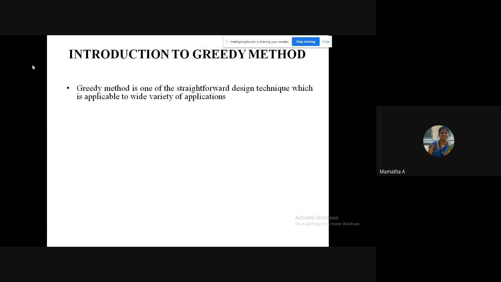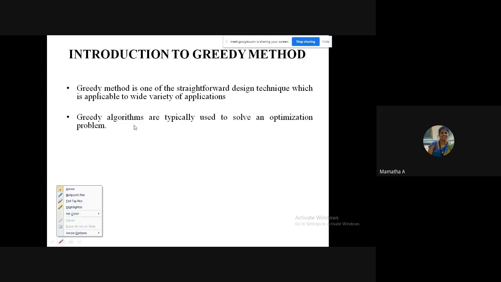This is a greedy method. Greediness: you want to achieve something with some greedy strategy. Are you understanding? There are some constraints available. So greedy strategies are used, I can tell, to solve an optimization problem. Just remember the term optimization. Later you will have to answer this optimization problem. What is this optimization problem?